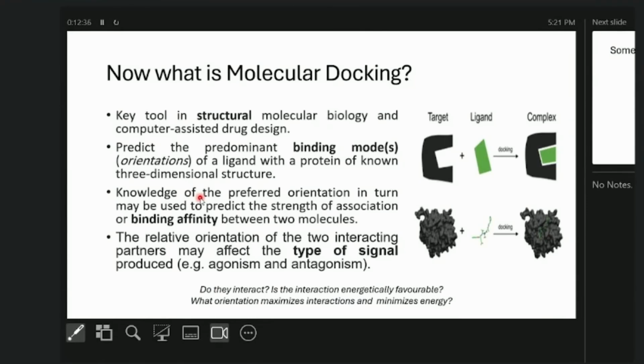What relative orientations of the docked molecule and the ligand correspond to this lowest energy state, or this most favorable interaction? So what orientation maximizes interactions or minimizes the energy? What orientation is the most favorable? So from molecular docking, we can get insight on the specific exact landscape of bonding taking place between